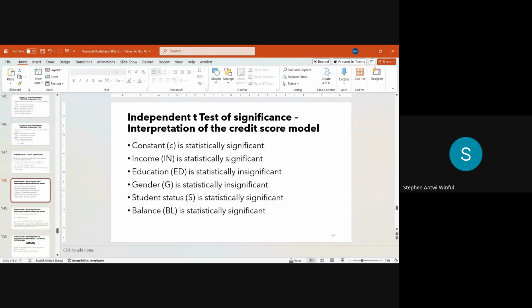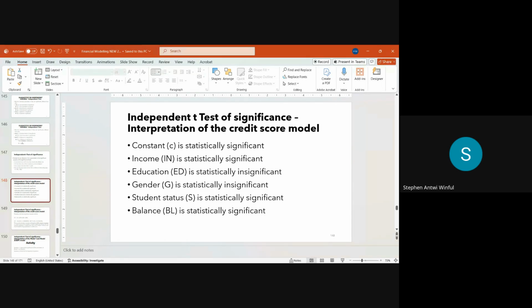All right. So the constant term is significant. Income is, yes. Education is in, because they were all not showing the same sign. And then gender is in, because for gender we had 2 of them as opposed to 1. Are you following? But for S and BL, all 3 confirmed significance. Are you following? And so we are saying that income truly explains, education does not, gender does not, student does,